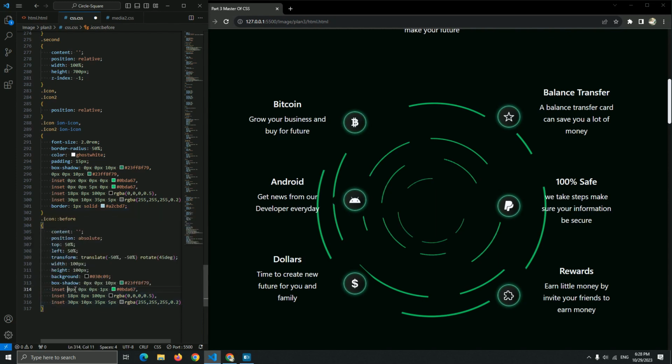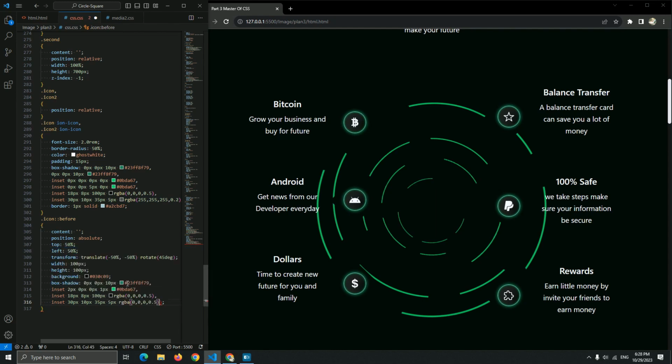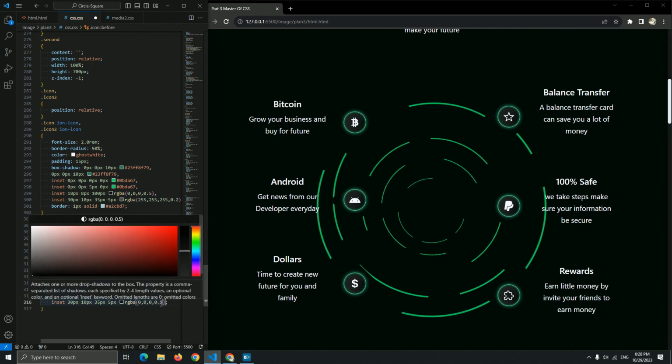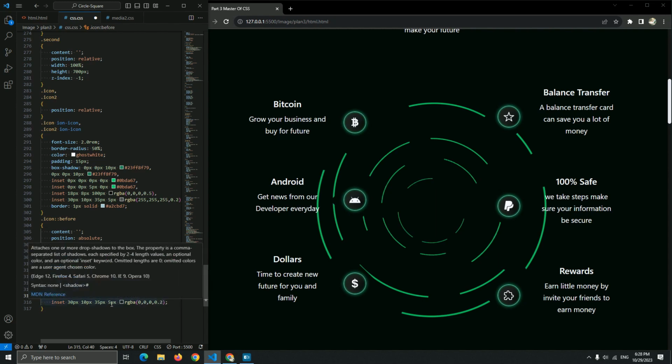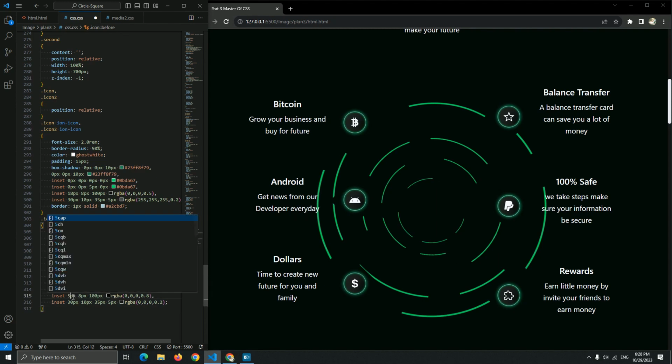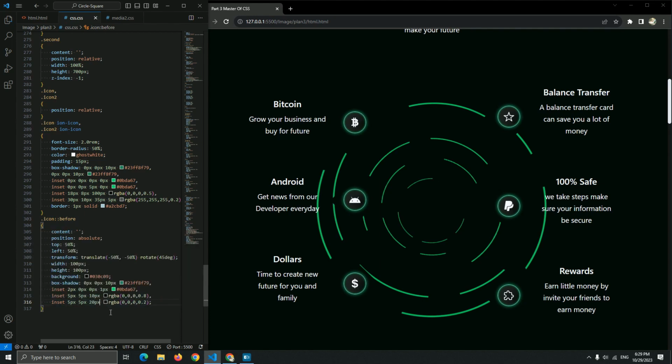And let me add this 2 pixel, 2 pixel, and let me use RGB of the black color. Let me use 2 instead of 5, and this be 80% or 8 here. And let me just add 5 pixel for this. 5 pixel, 5 pixel, 10 pixel, 10 pixel. Okay, and for this 5 pixel, 5 pixel, 20 pixel. Okay, let me just add it here. 5 pixel, 5 pixel, 20 pixel, and we don't need this.